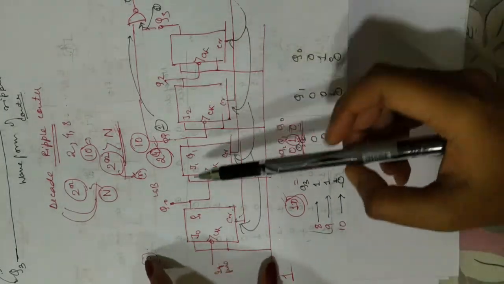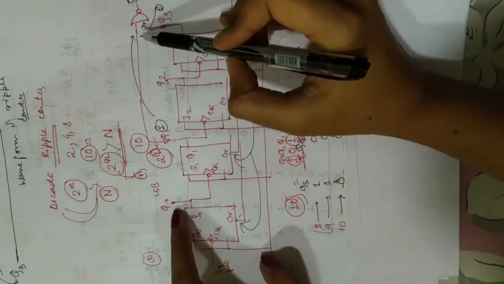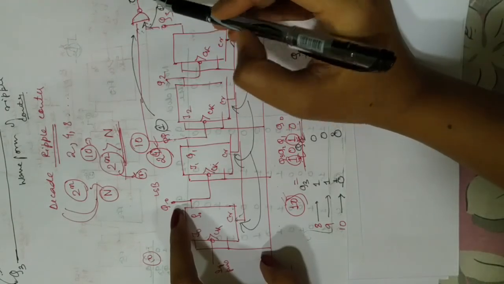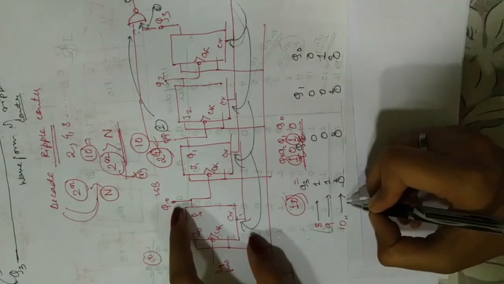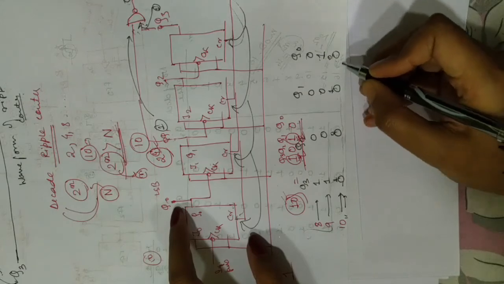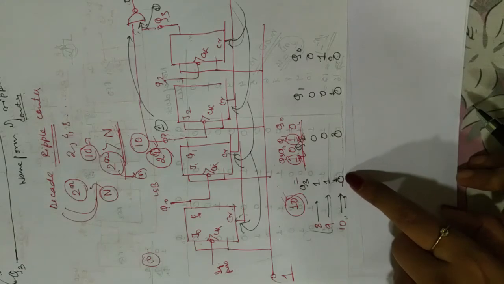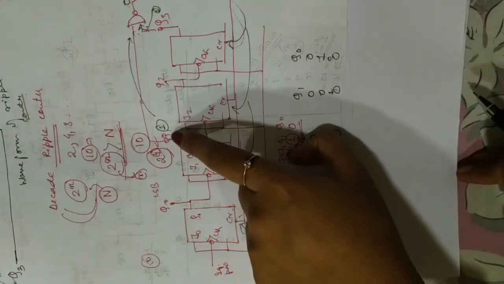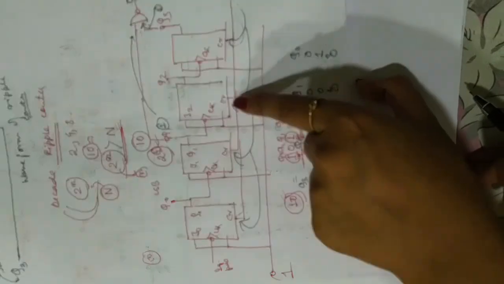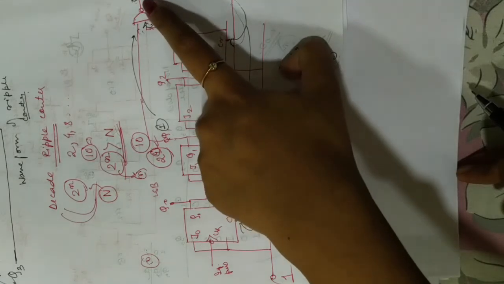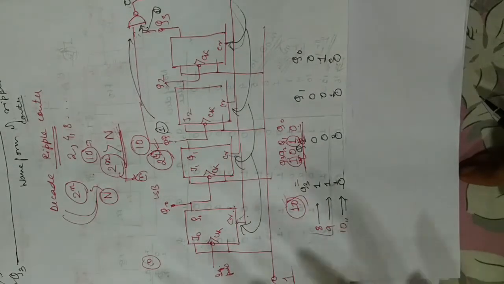Now when all the outputs have become 0 0 0 0, these zeros again pass through the NAND gate. 2 zeros passing through a NAND gate gives you a 1, and this 1 comes to the clear. So from the 11th pulse, it again starts in the normal fashion because the clear input has become 1. I repeat, after the 10th pulse, when everything has become 0, these zeros are again connected to the NAND gate, so they come through the NAND gate and appear at the clear inputs. 2 zeros passing through a NAND gate gives a 1. When these ones come to the clear input, all the flip-flops come back to normal functioning.